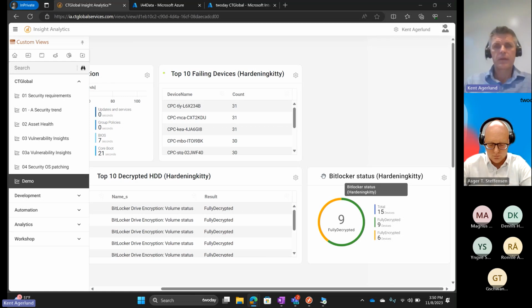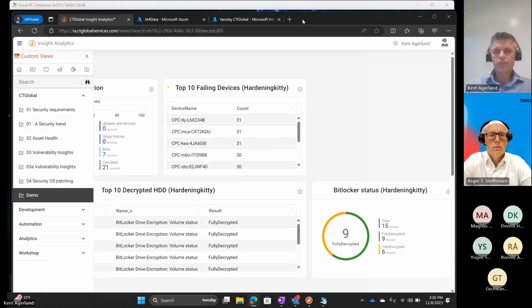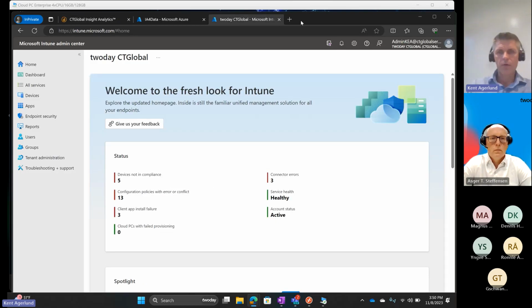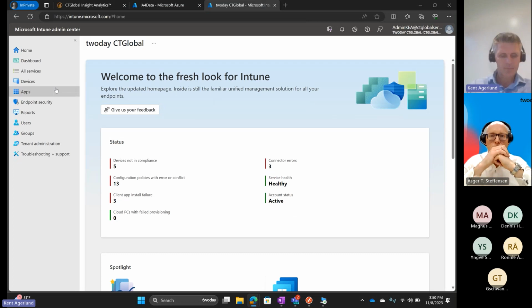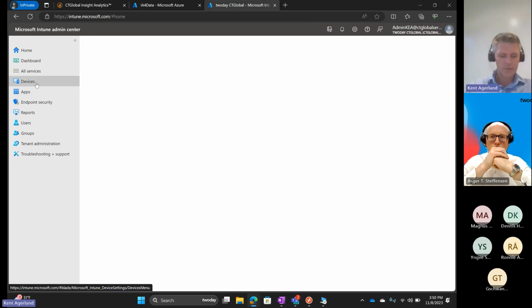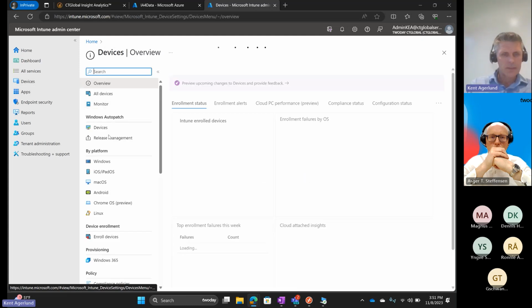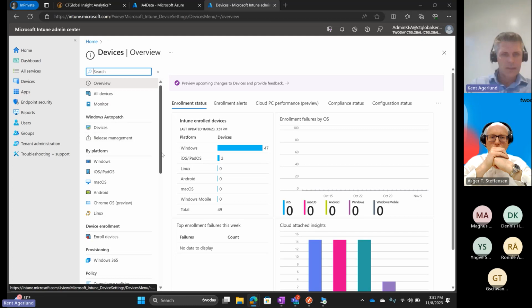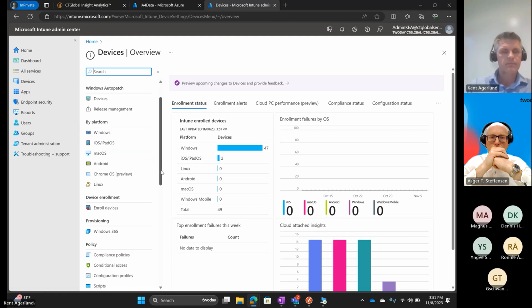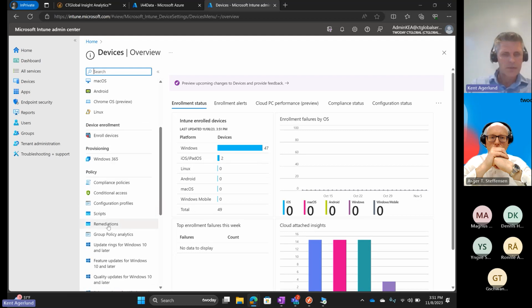So now the next question is, how do I get the data? I showed you log analytics. I showed you how you can create the widget. I showed you that the data is in log analytics, and obviously you don't want to run around on all of your clients and run this manually. So if I just go into Intune here, and just give it a second, and if I go down to remediations,